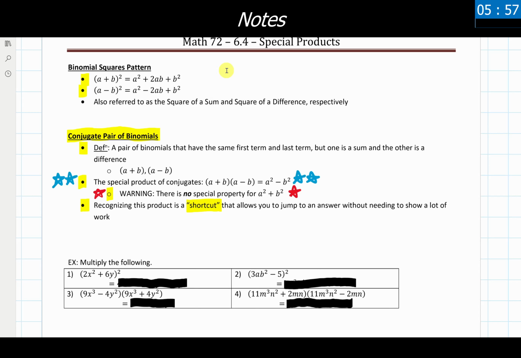In this video, we are going to be looking at special products with polynomials. Now, I know I have this bullet point, this note later on in all these notes here, but I want to recognize that both of these different patterns and topics that we're going to go through are considered to be shortcuts of multiplying polynomials together.